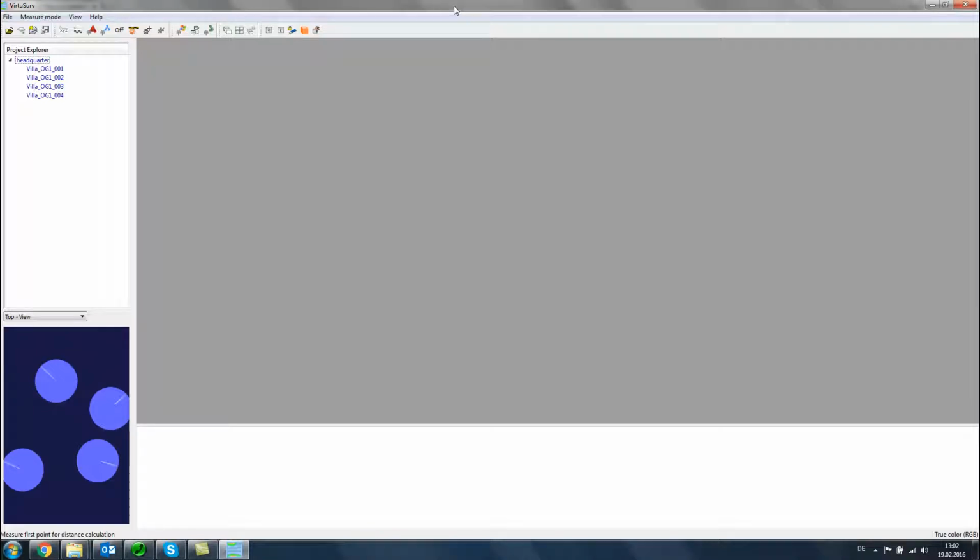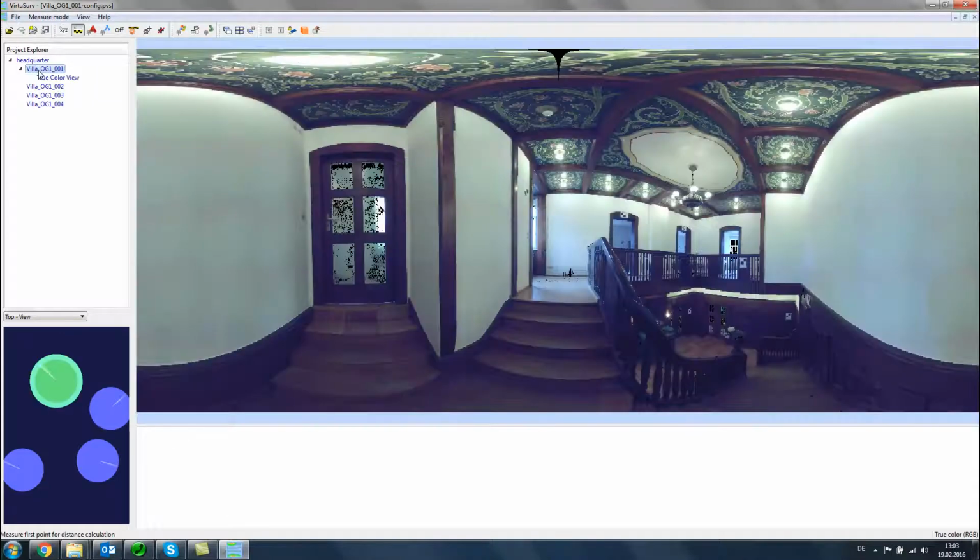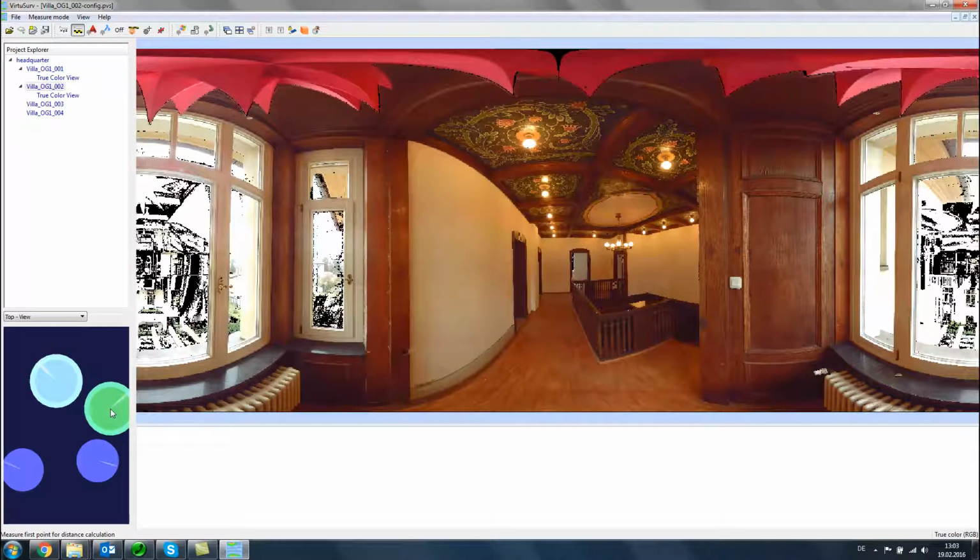Once the import is finished, you will see the imported scans in the Project Explorer on the left hand side, and you can also see the scan spheres in the scan map window. So I can open a scan view by either clicking on it in the Project Explorer, and you can see it's immediately also highlighted in the scan map window. I can also open a scan by clicking on a scan sphere in the scan map, and